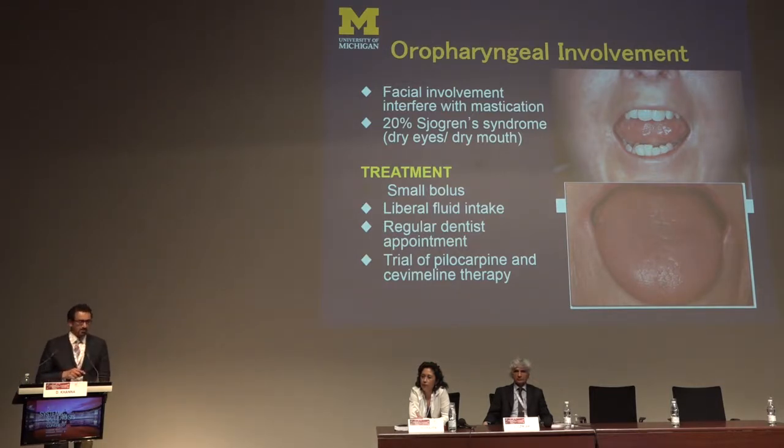The first thing we will talk about is mouth involvement. I'm sure there are more lectures that will be given, but dry mouth and dry eyes are a big issue in people with scleroderma. We really don't have a lot of treatments, to be honest. We can give you some medications, pilocarpine, but the key part is you need to see a dentist who can see pediatric patients, who can see children, so they have instruments they can use to go to the back of your mouth. You have to make sure you get dental cleaning on a regular basis